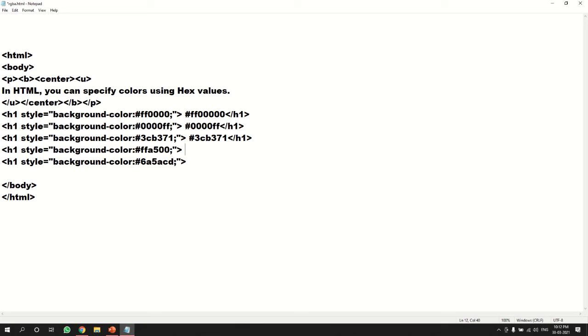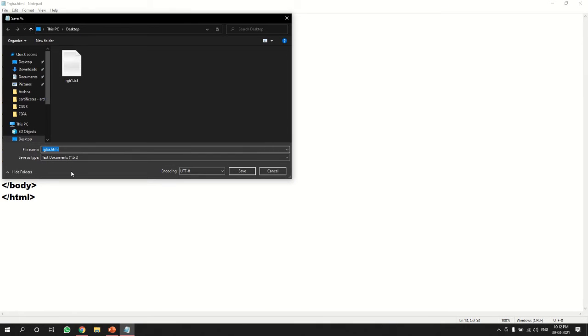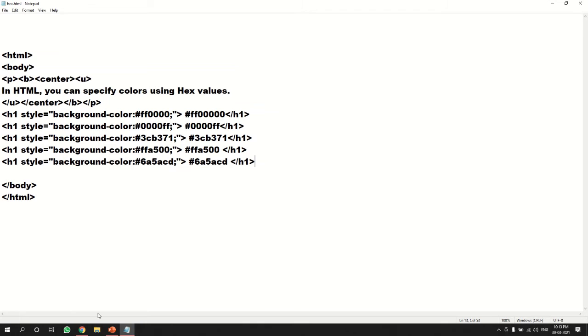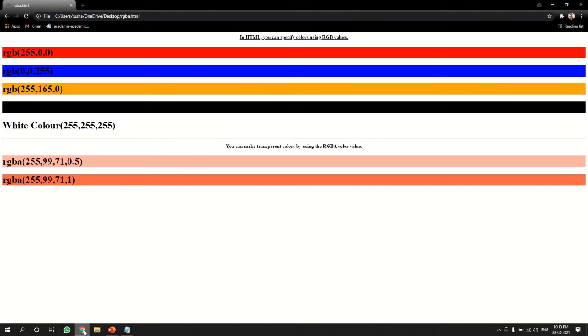Next we have #FFA500, H1 closed. Let us close this tag. Then we have another last one, #6A5ACD, and we'll close this heading. I'll save this file, save as hex.html. I'll save this file on the desktop, and then I'll go to Google Chrome and I'll press Ctrl O,